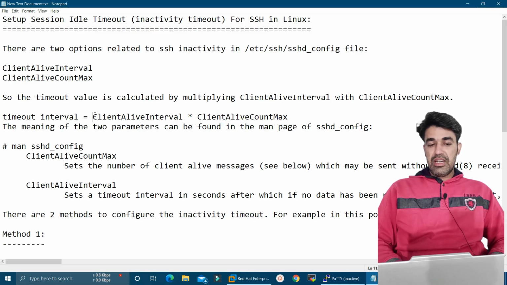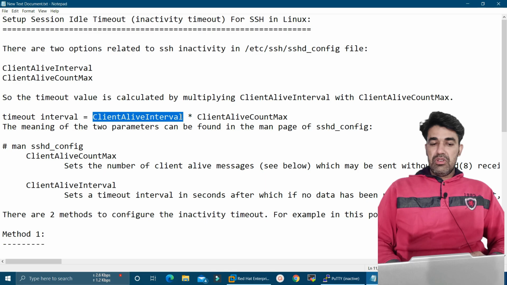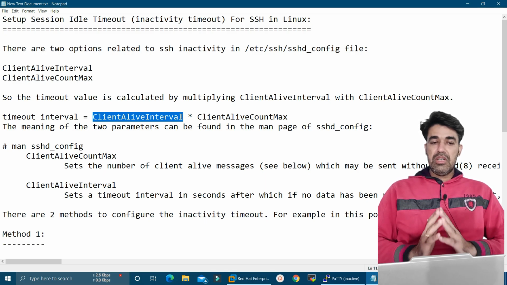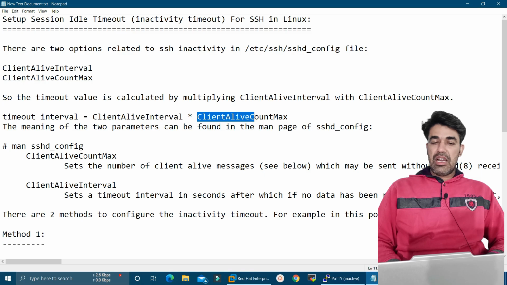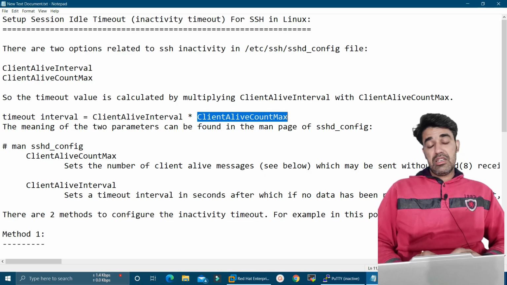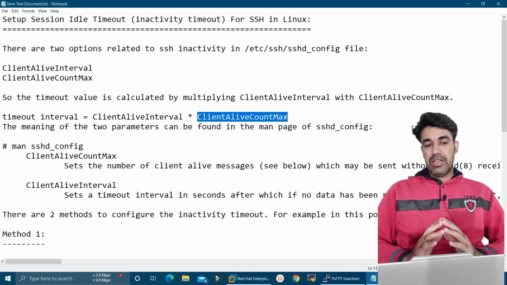So in that case we can mention the ClientAliveInterval of 8 minutes in total. Because we don't want to receive the pop-ups, we can directly set up the timeout of 8 minutes. So we can keep it equal to 8 and keep ClientAliveCountMax equal to 0. In that case also the total time interval will be 8 minutes.